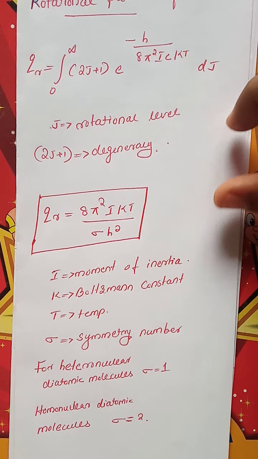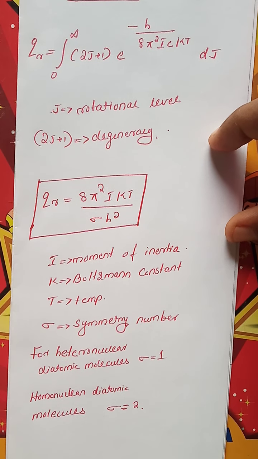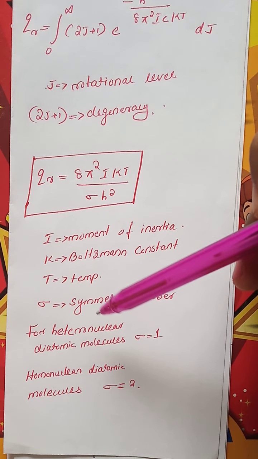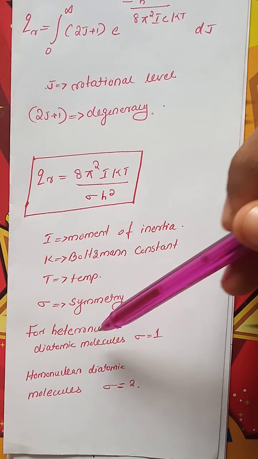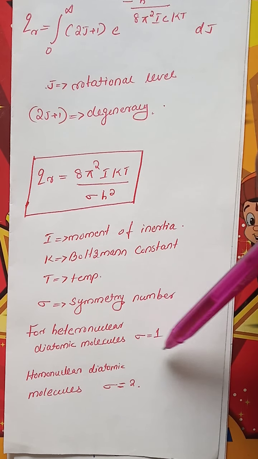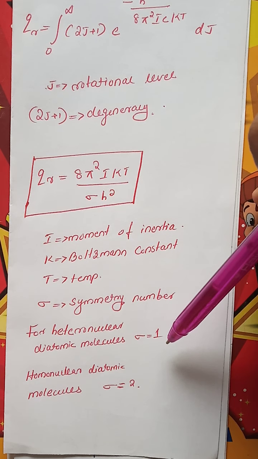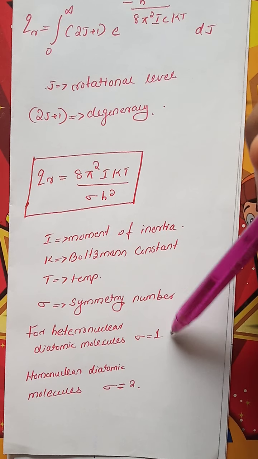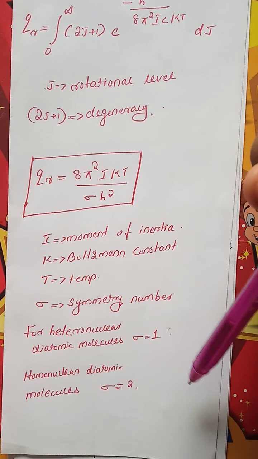where I is the moment of inertia, k is the Boltzmann constant, T is the temperature, and sigma is the symmetry number. The sigma will vary in the case of heteronuclear and homonuclear diatomic molecules. For heteronuclear diatomic molecules, sigma is equal to 1, and in homonuclear diatomic molecules, sigma is equal to